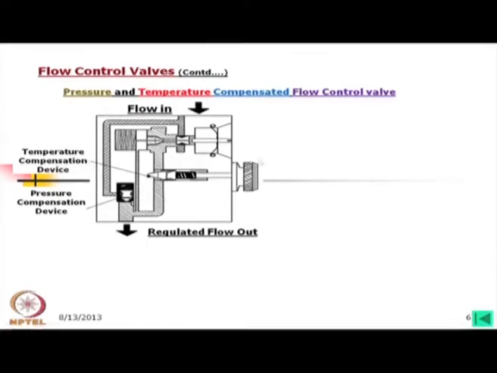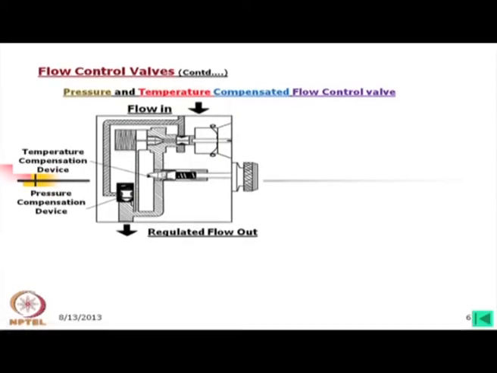Now, here again if we look into this device, the flow is coming over here, depending on the orifice opening here, the flow will come to this side, and we can adjust this orifice to decide the amount of flow. Here there is practically no adjustment, we can adjust this to control flow within a range, of course. It cannot be made from 0 to 30 liters per minute. It might be, depending on its range, maybe 25 to 30 liters per minute, depending on the size of this orifice.